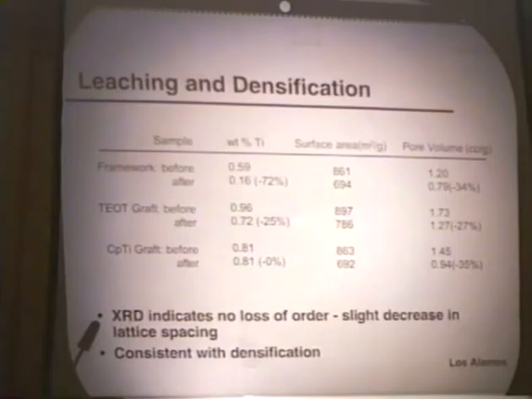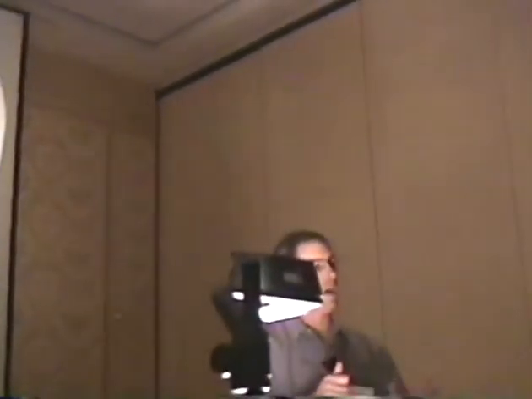Also, if one looks at the diffraction for these MCM materials, there's no measurable loss of order. So we don't believe that we're losing the order in the pore structure due to destruction of the pore structure as a function of cycling. But there is a slight decrease in the lattice spacing. These data, the pore symmetry data and the X-ray diffraction data, are consistent with simple densification of this material. In other words, the walls are growing thicker, the registry of the pores maybe not the same, but the walls appear to be getting thicker.